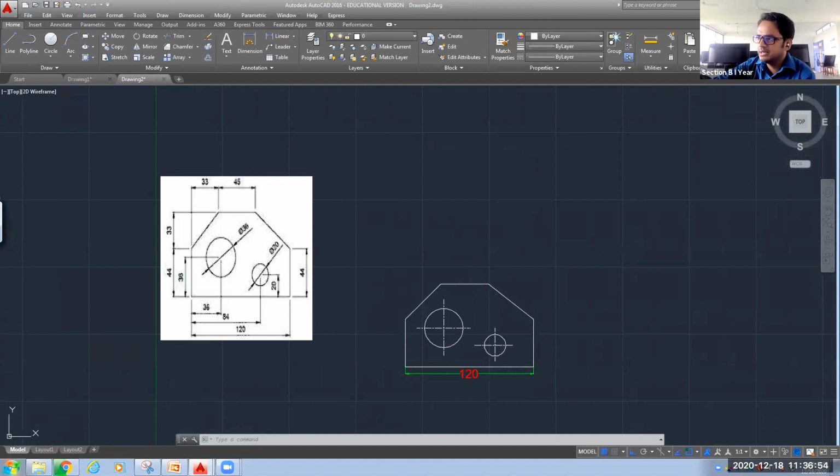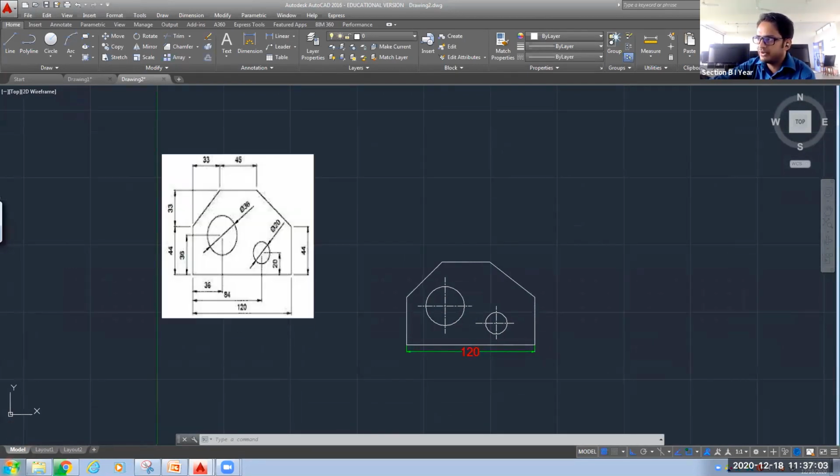Now you can see here 120 is very far down, so that we can accommodate this 36 and 84. So we will bring this 120 to some lower level. What we will do, we will left click on that 120 dimension line. You can see several blue dots will be visible.